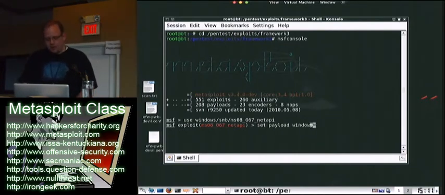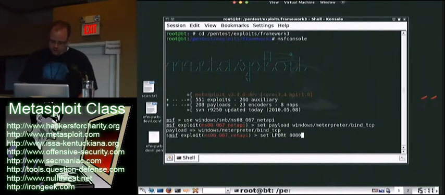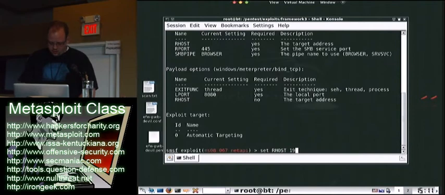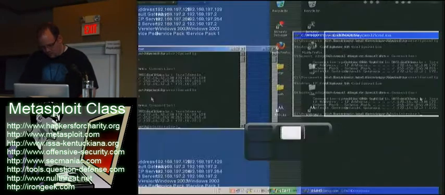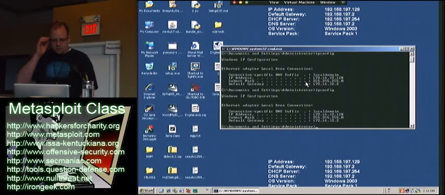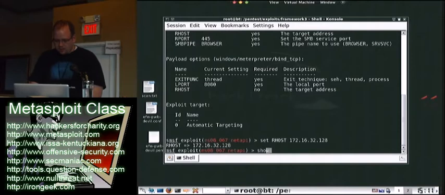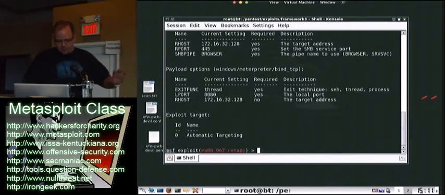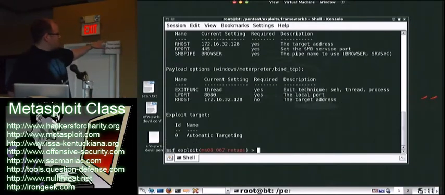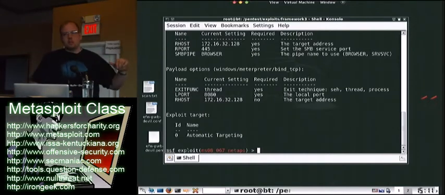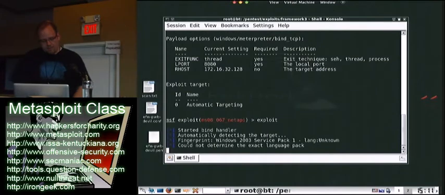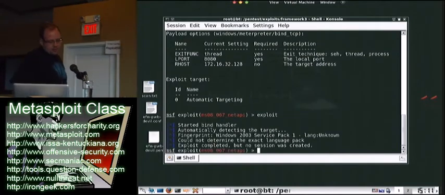So we're going to set this payload up. We'll do meterpreter. Let's do bind. And we're going to target this Server 2003 Service Pack 1. Now, the actual exploit itself, if I do show options, it's set up properly, right? So I have my RHOST, I got my LPORT that I'm going to go onto, and I'm doing a bind meterpreter console. Well, when I go to exploit it, look what happens.